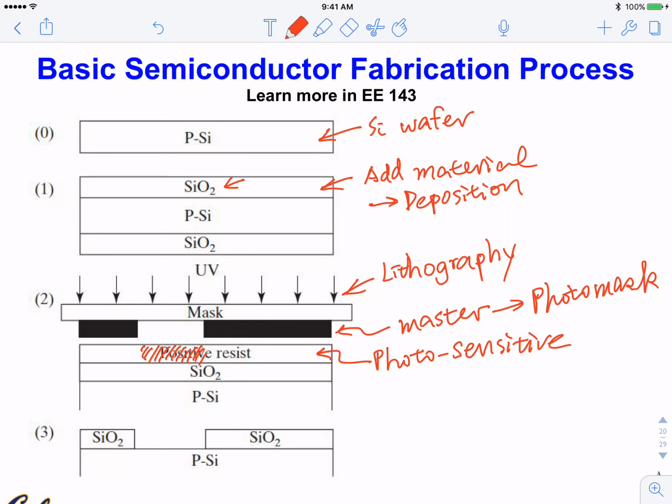So the high energy UV photons activate some chemical reactions. This part of the resist is generally an organic resist. It becomes, say, polymerized. So this part becomes kind of a hardened layer. And after this exposure, you will bake it and put it in a chemical solution. So after development,